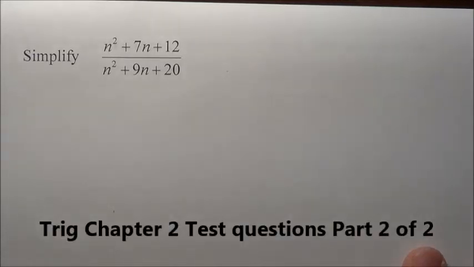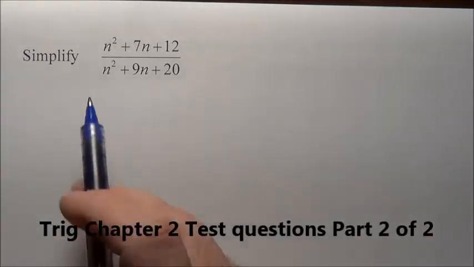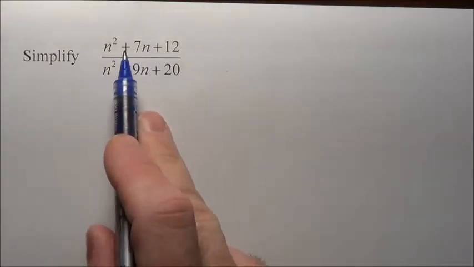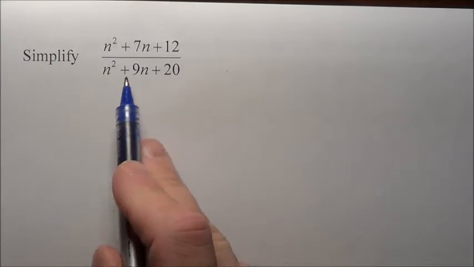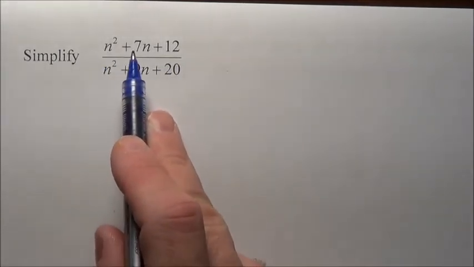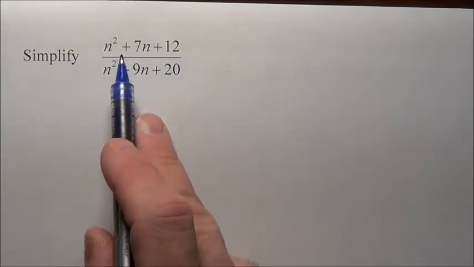All right, let's look at the second half of what we have on the Chapter 2 test. There's going to be problems like this to say simplify. Now to simplify this, I'm simply looking at this. It's an n squared plus 7n plus 12 over n squared plus 9n plus 20. If it's just this basic n squared plus so many n's plus a number, I'm just going to factor that